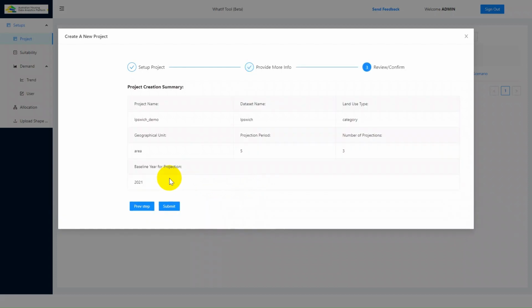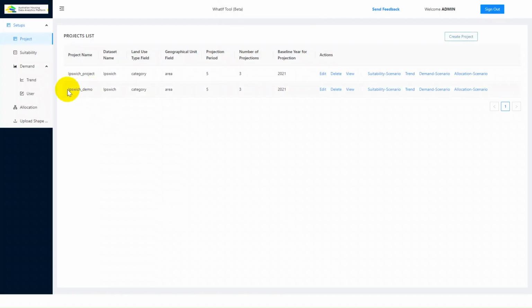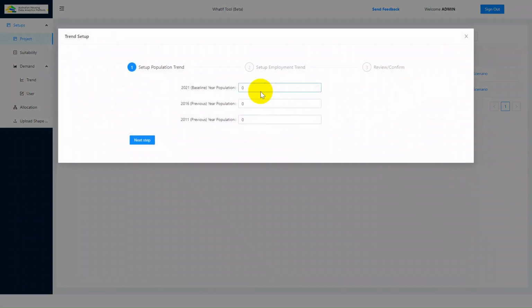Afterwards, you click Next, review all the information here, and if they are correct, please click Submit to create a new project as it's shown here. Afterwards, we will also be required to input the historical population of our case study, which will be used for the estimation of future population and land use demand in the following. So here we input the historical population of Ipswich City in 2021,